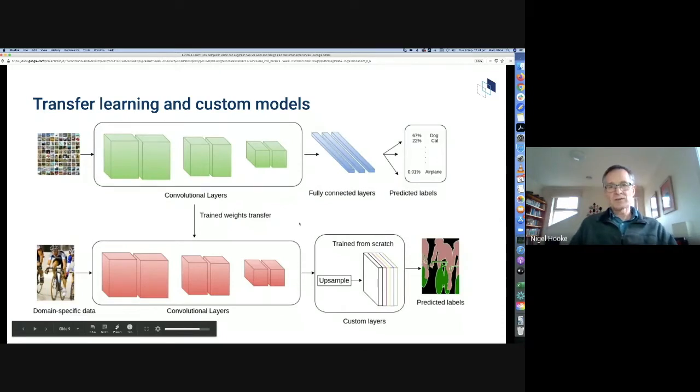So for example, suppose we want to look at images of racing cyclists, and we want to isolate in each image which of the pixels represent a cyclist and which ones represent his bike. So essentially we would train a new model using the convolutional layers that we've taken from one of these pre-existing general purpose models. And now we just train those new layers that we've added on the back end, and we train it on images of the new kind of object that we want to detect. And that's typical of the approach that we use.